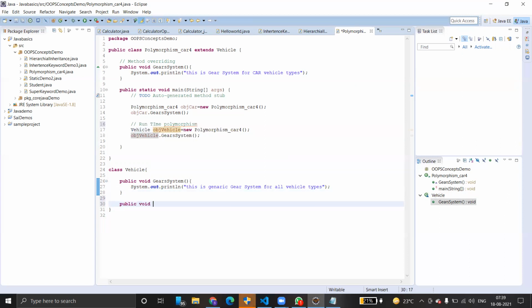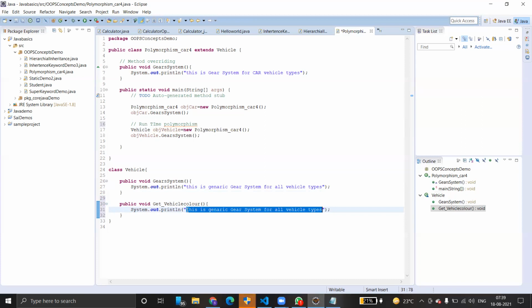Public void get color. Get vehicle color. The default color of the vehicle is black.